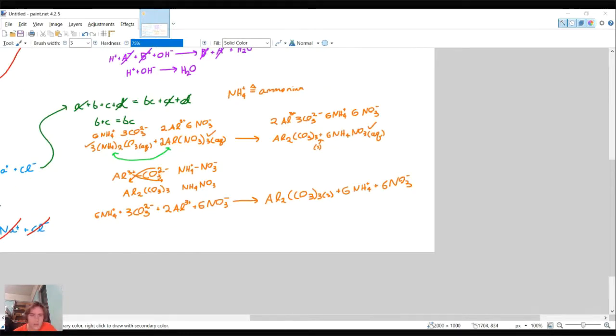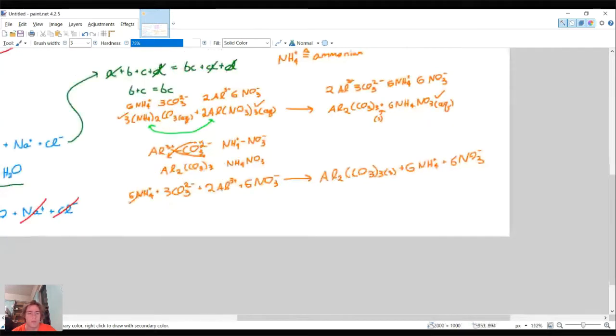And you might be wondering why we don't include the state of matter of the ions. And again, it's implied. Something's not going to exist as an ion usually unless it's in water. You might see ionic gas, but ionic gas neutralizes pretty quickly with the gas around it. So there's no reason it wouldn't be an aqueous species. And I will definitely go more in depth with that later. So there's 6 ammoniums on both sides that cancel, 6 nitrates that cancel on both sides, and we